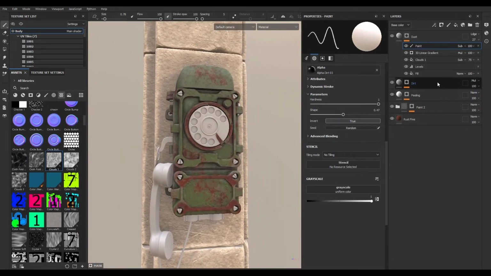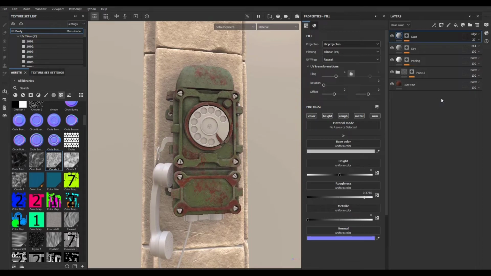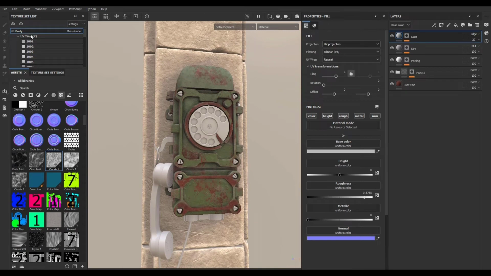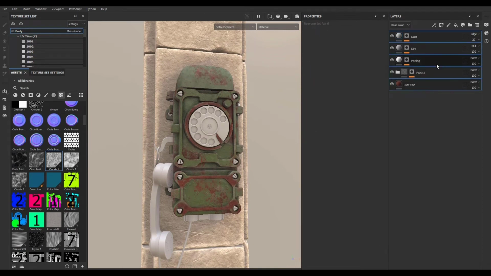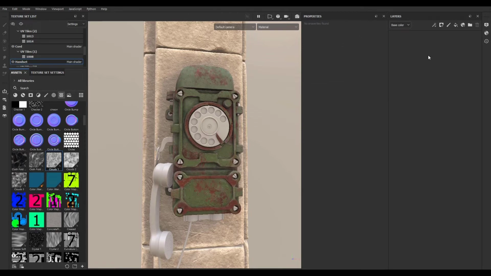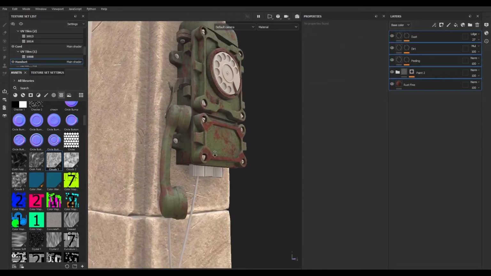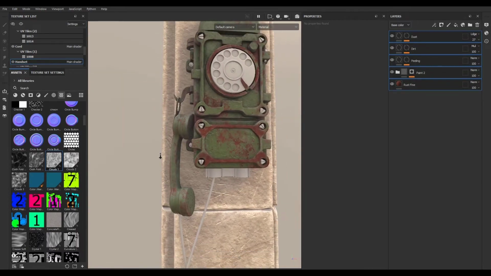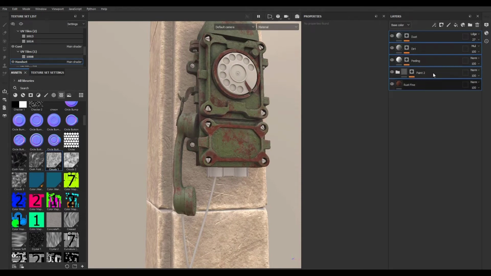Right, not bad. Now let's reuse all of these for the handset. So I'm gonna go back to body, shift click, select them all, copy layers, Control Alt, right click on handle, delete this layer and Control V. As you can see, we are transferring the phone to the handle. So let me create a folder,